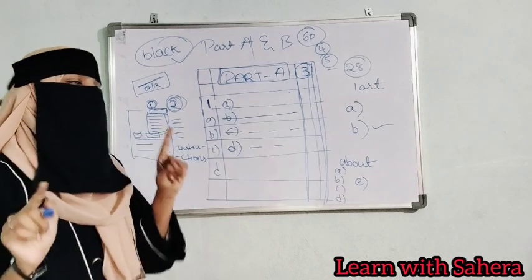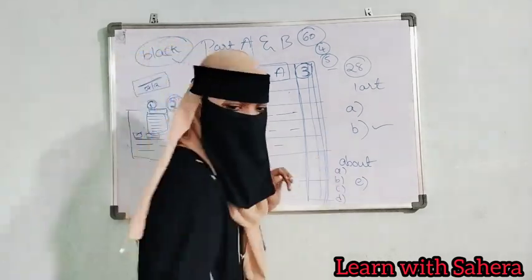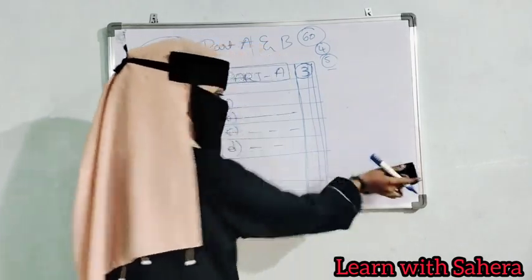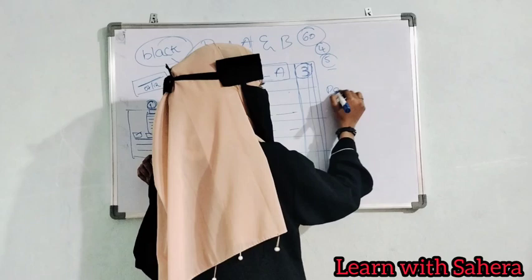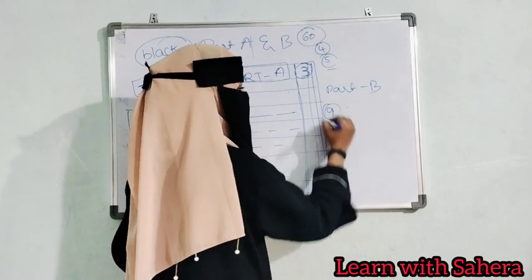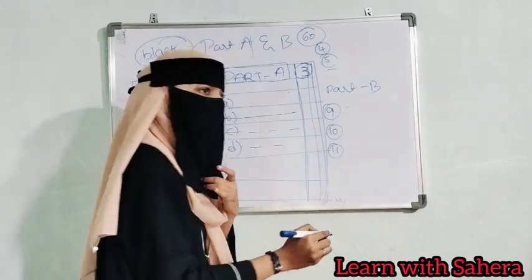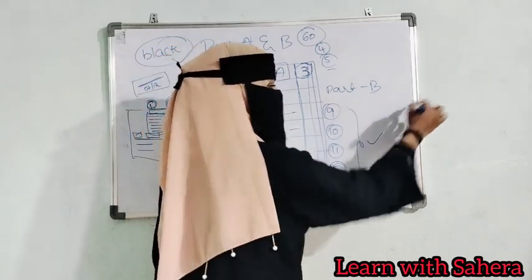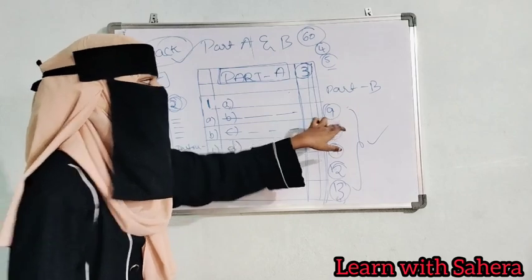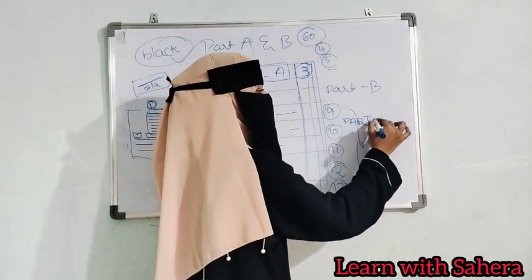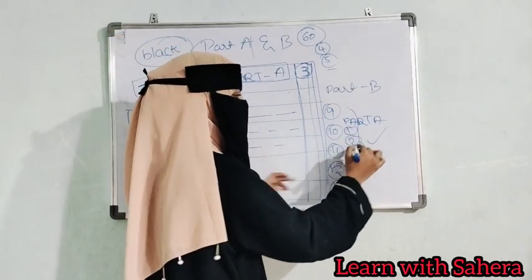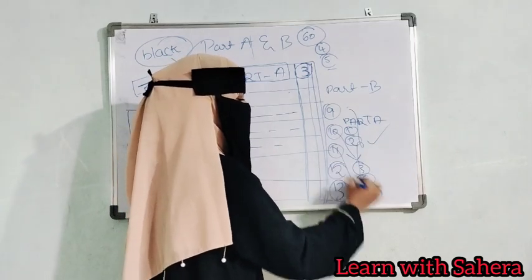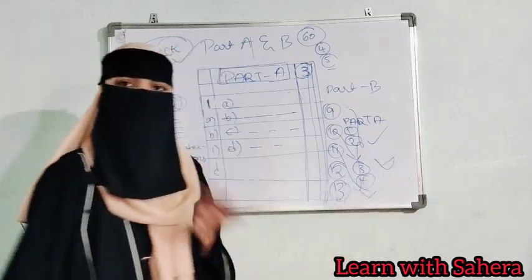Okay, is that clear? And also one more point, if you are going with part B, you wrote 9th question, 10th question, 11th question, 12th question, 13th question. Then if you write like this, it will be correct. After writing 9th question, if you go to part A and write first question, second question, and then you write 10th question, then again third question and fourth question from part A, then you write 11th question, that will be wrong.